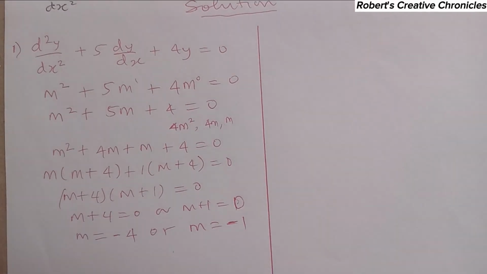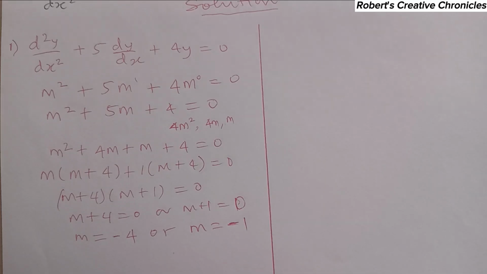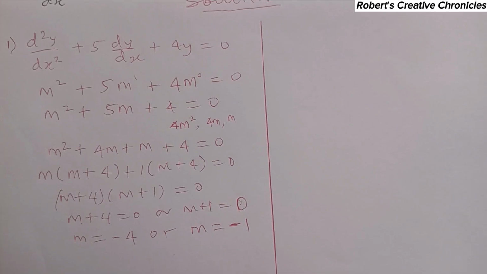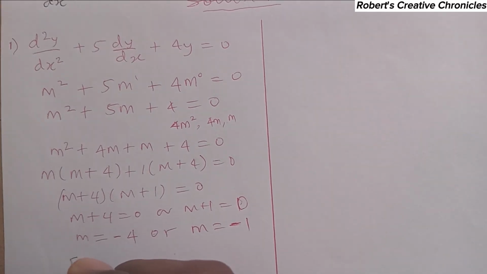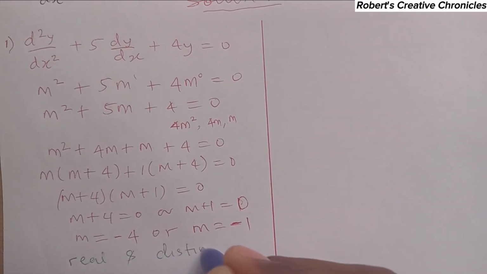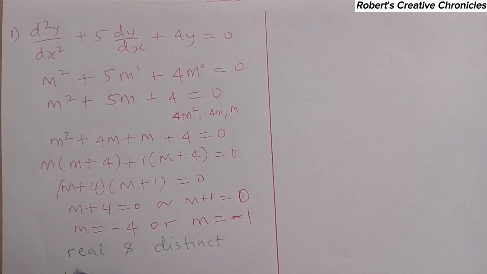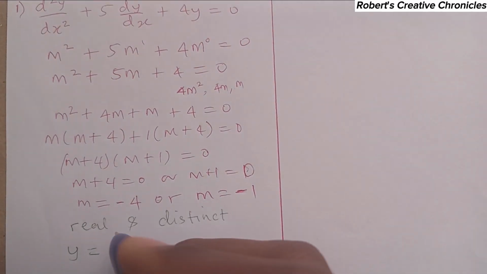These two auxiliary roots are real and distinct. So since the auxiliary roots are real and distinct, the general solution now becomes y is equal to